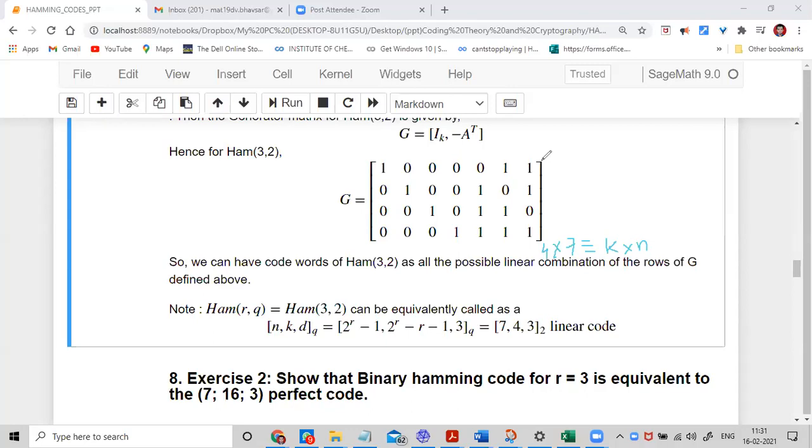See, you take these words, and in general you can extend it. So let us assume that these vectors are capital X, Y, Z, W. Now I'm telling that A times X plus B times Y plus C times Z plus D times W. Now you keep changing values A, B, C, D as 0 or 1, right? We'll get a total of 2 power 4. Yeah, so you know that. So this is the way.